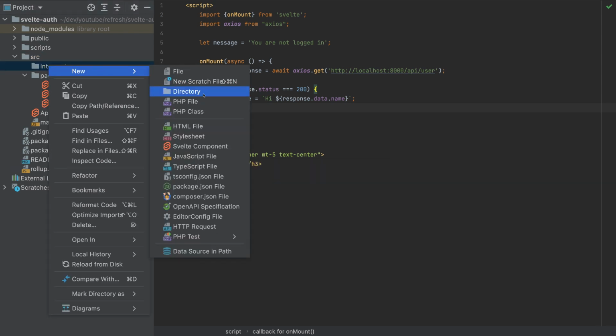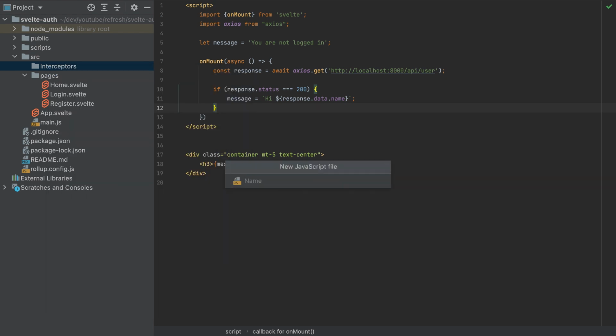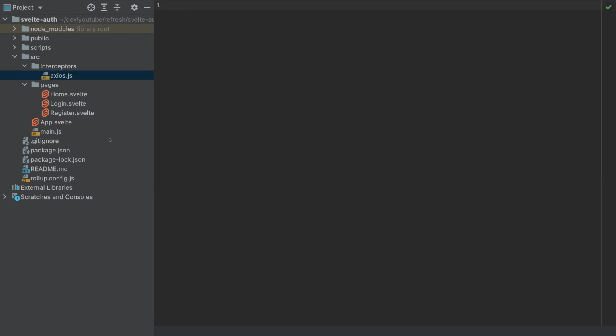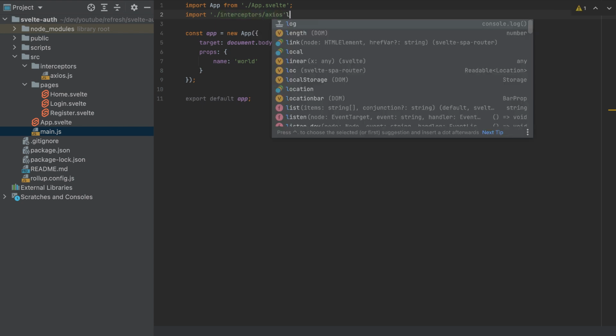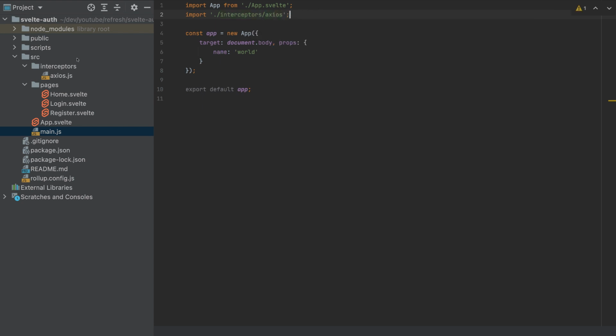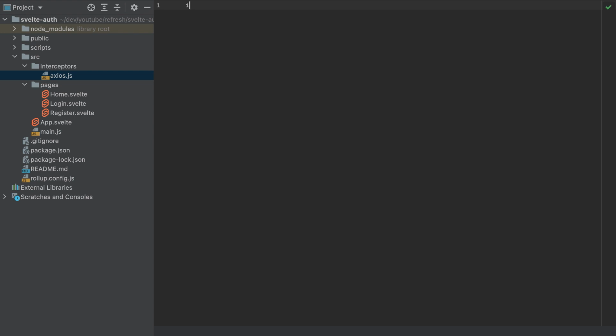And inside I will create a file, a JavaScript file, axios.js. I will import this file here, interceptors axios.js. And inside that file, first we need to import Axios, and then we need to set